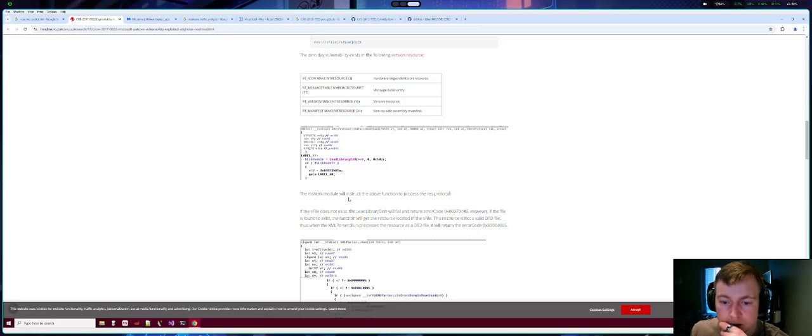The mshtml HTML module has instructions of the above function to process the res protocol. If the file does not exist, the LoadLibraryEx will fail and load that error code. So this is a Windows API, they'll load that error code. However, if the file is found to exist, the function will get the resource located in the file. The resource is not a valid DTD file, thus the XML parser will process the resource as a DTD file